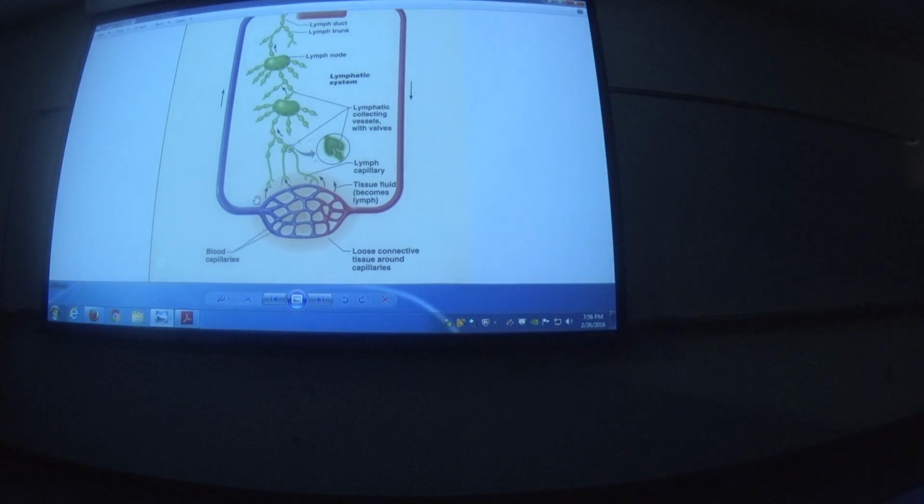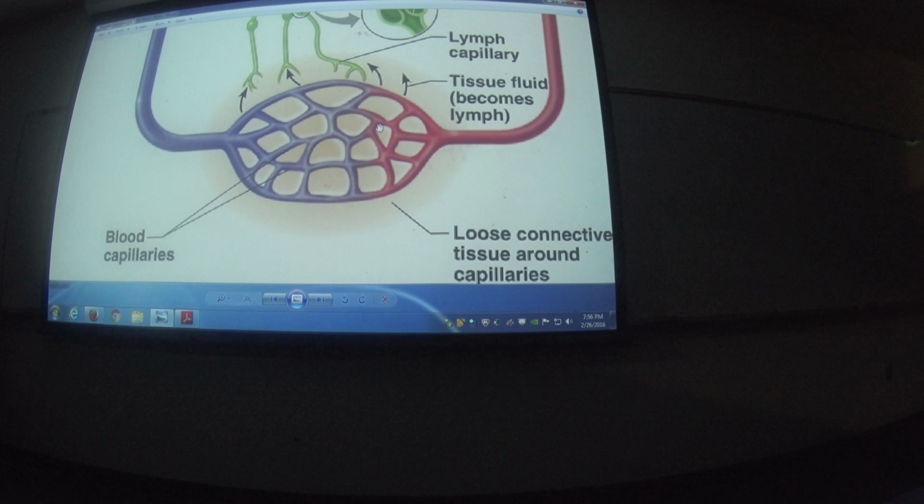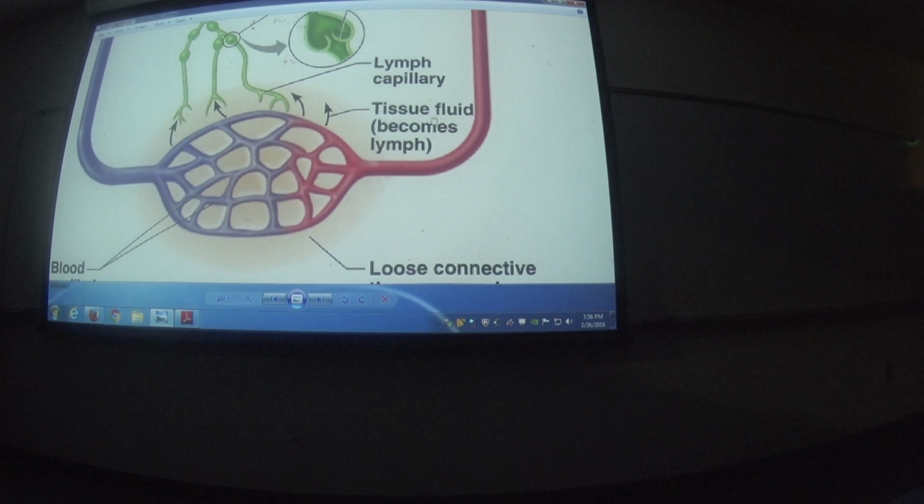There's a little flow chart showing some lymph system. So if you look down here, what's that red and blue stuff? Blood, right? And what's inside blood as fluid is plasma. So that's an extracellular fluid. Some of it's going to leak out into your tissues. So it's going to be interstitial fluid or tissue fluid. The minute I start draining it, it now is called lymph. So this is the big hang-up a lot of people have. It's the same fluid, just given a different name depending on where it is.